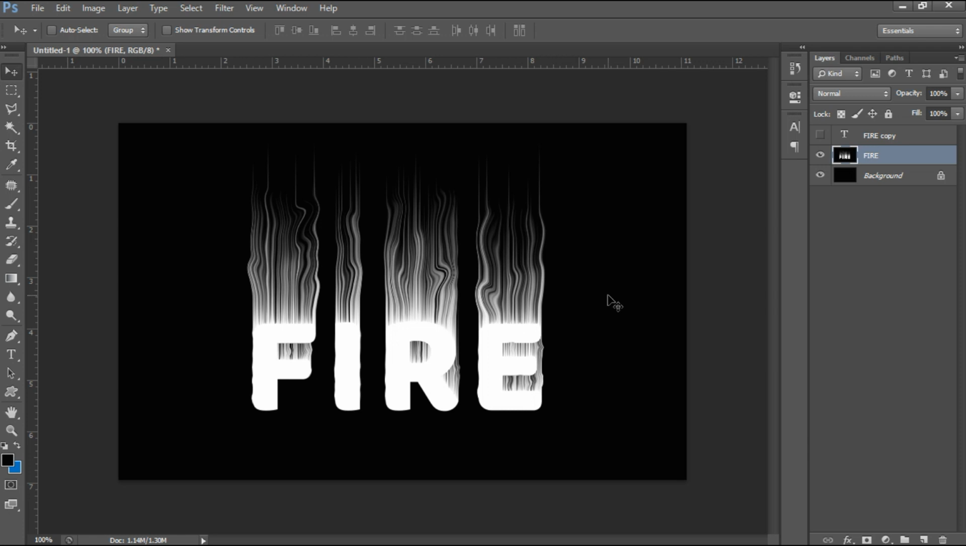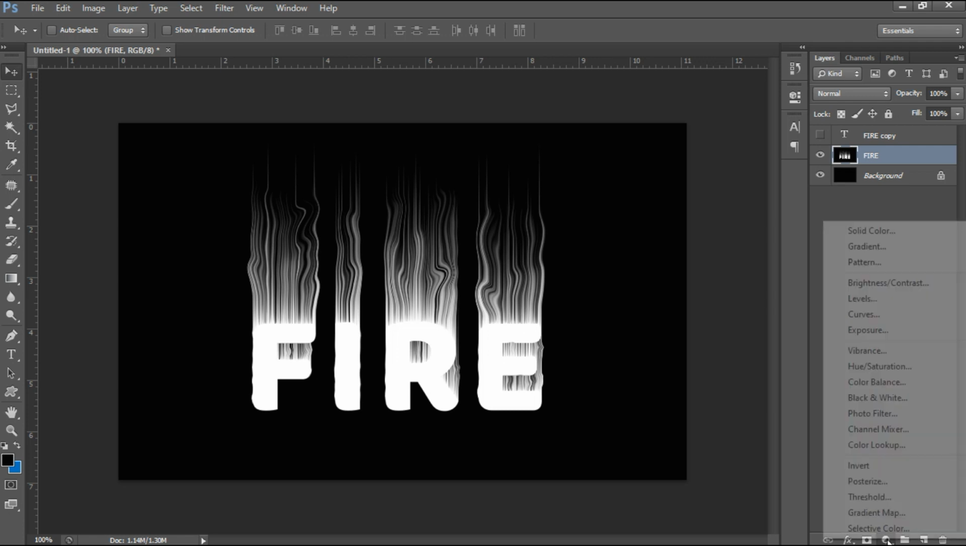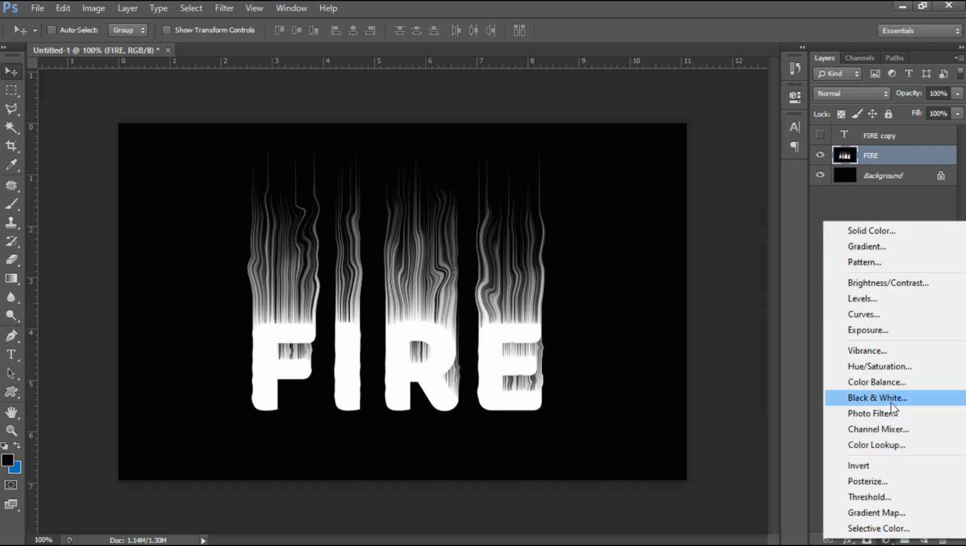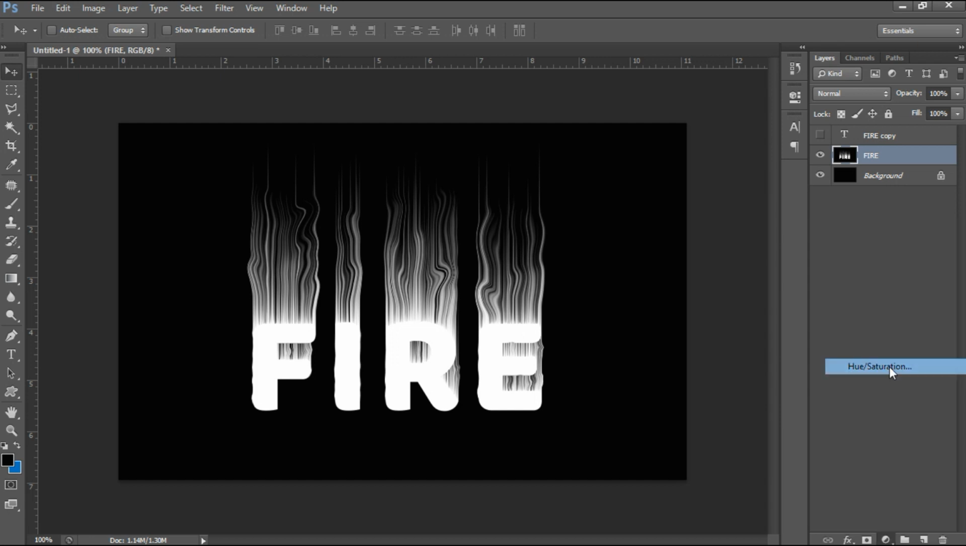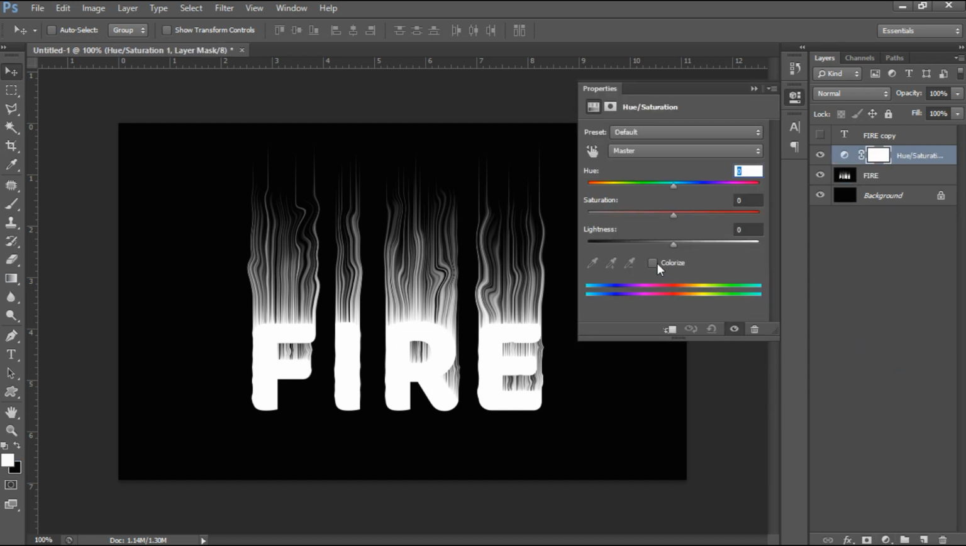Now we have to add the flame colors. So create a new adjustment layer. Then select Hue/Saturation. First select Colorize. Then set the hue value as 38 and the saturation as 98. Well,